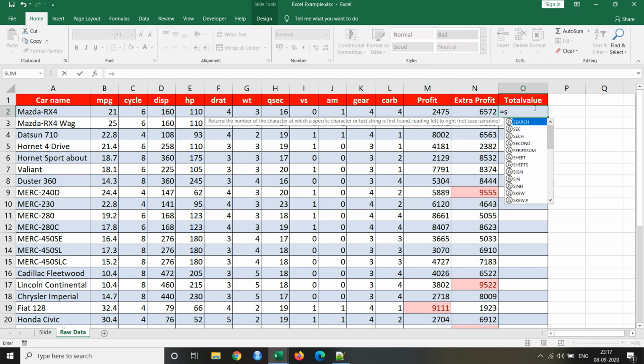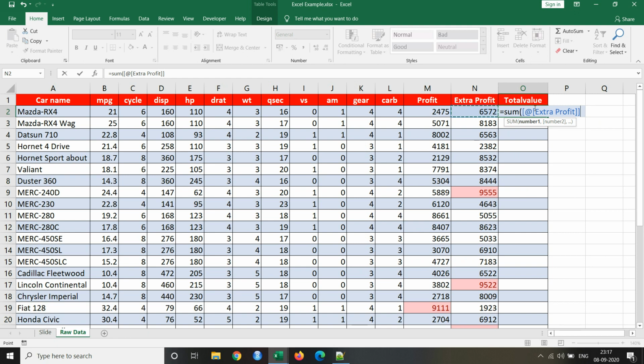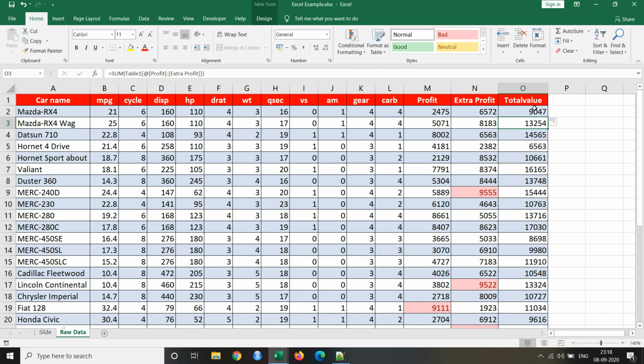We'll write sum here and then start a bracket. Now you just need to select the cells which you want to add. For example, currently I have profit and extra profit beside each other, in column M and column N. So I took these two and I'll close the bracket, and you will get the sum.